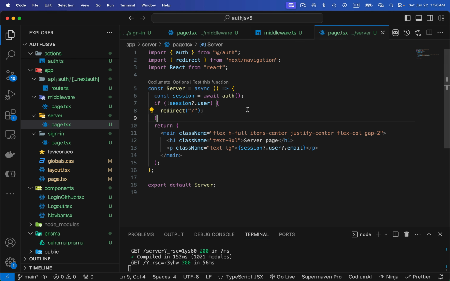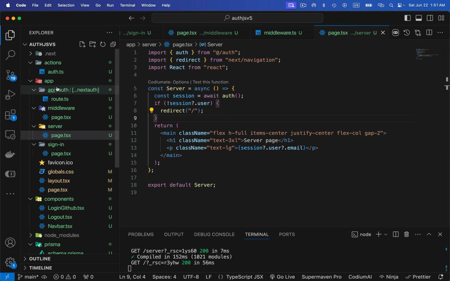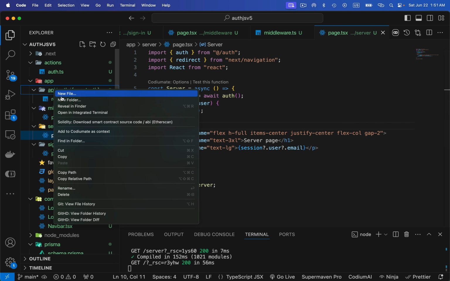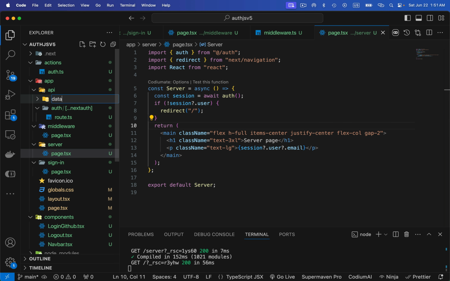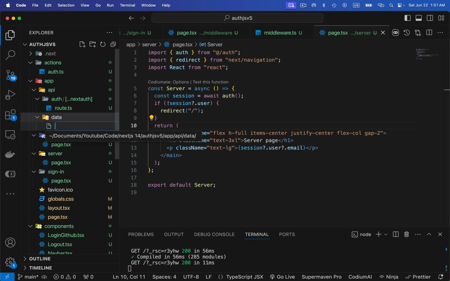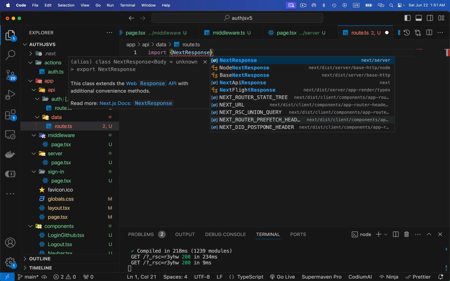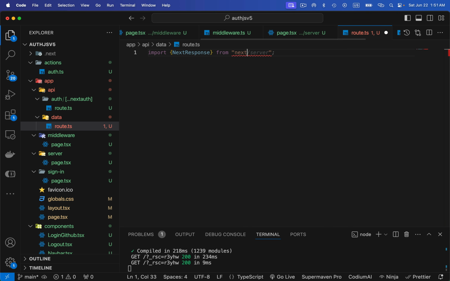All right, so now next thing I want to show, in Next.js we can have APIs as well. So let's create a smallest API within this API route. So inside this API, I can actually have another folder. Let's give it the name data. Let's add a new file, and this is going to be the route.ts. So inside this, I can actually import NextResponse from next/server,